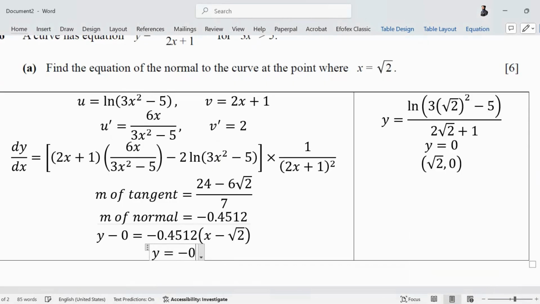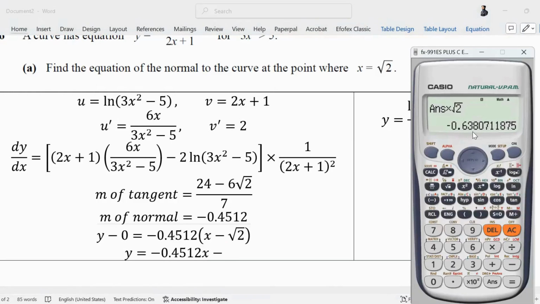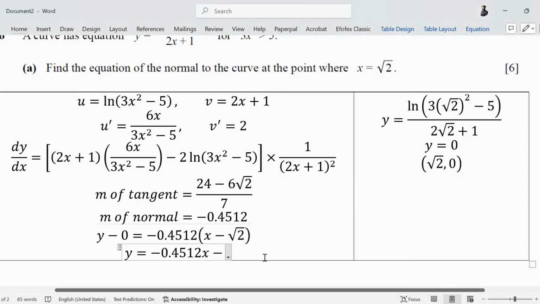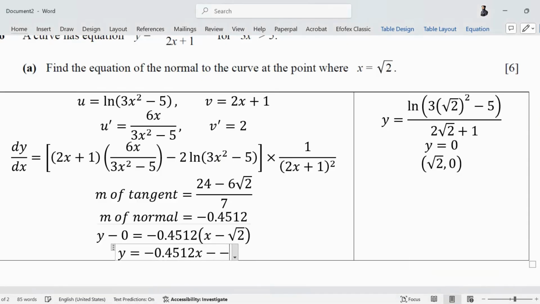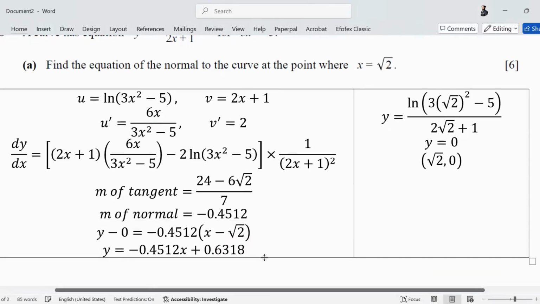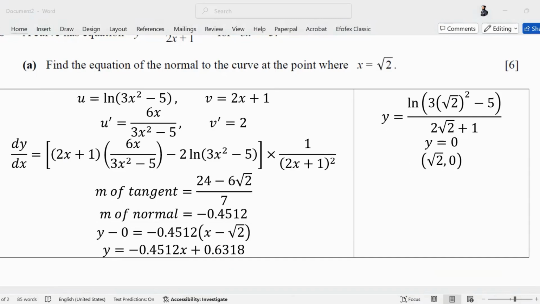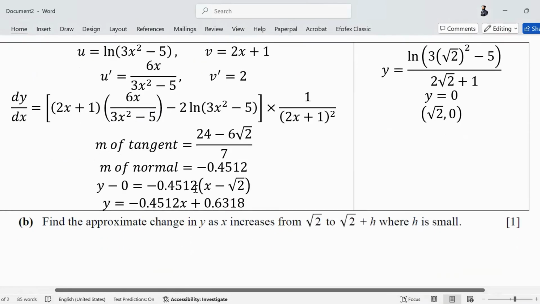So minus 0.4512x minus 0.6381 becomes plus, 1.6318. So this is the equation of the normal to the curve at the point where x is root of 2. Now in part B, the question is asking, find the approximate change in y as x increases from